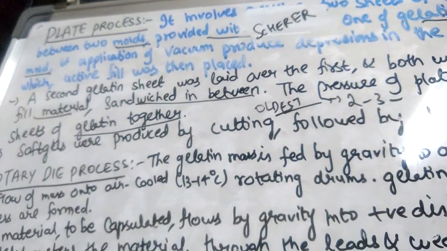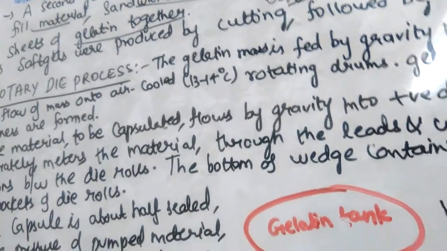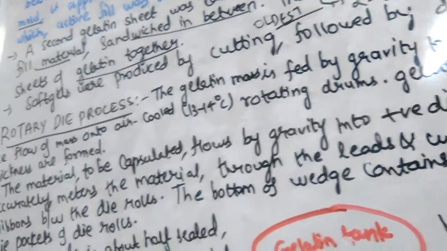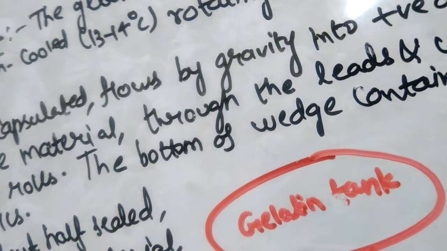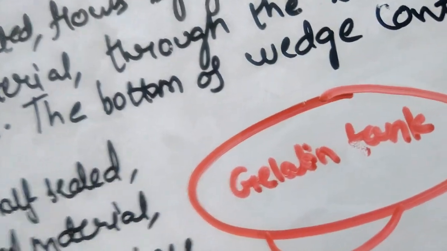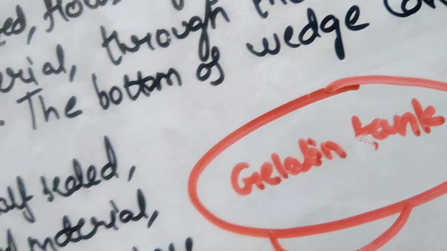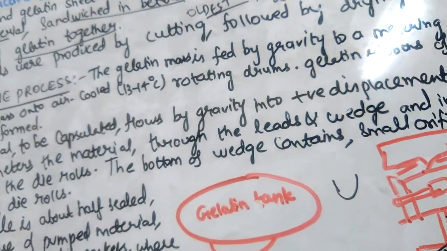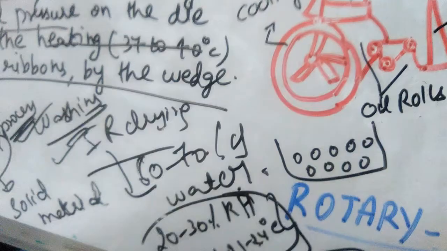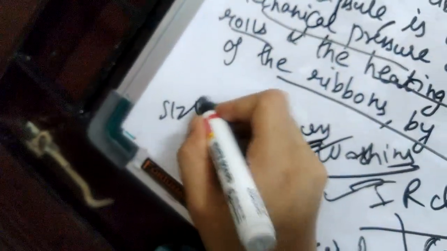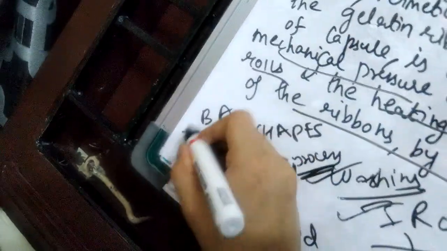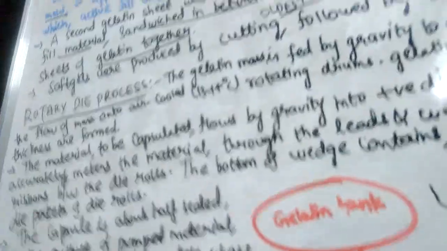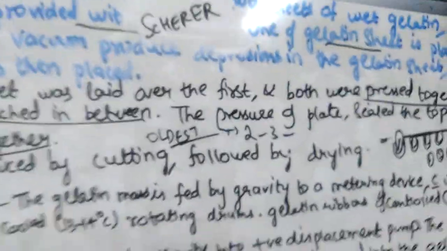So in the soft gelatin capsules, the important questions you can expect are: what is base adsorption, and manufacturing and QC control, which will be a long mark question. And then you can expect questions about various sizes and shapes of soft gelatin capsules. So your 2 marks questions are about sizes and shapes of soft gelatin capsules, and what is base adsorption. And for long marks you can expect: explain the manufacturing equipment, or explain the production process of soft gelatin capsules and the QC tests for soft gelatin capsules.